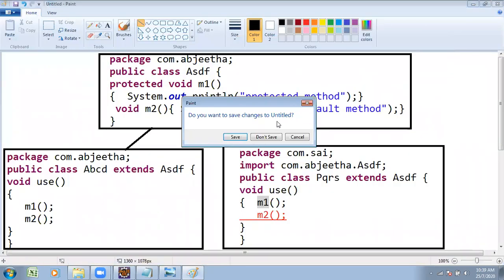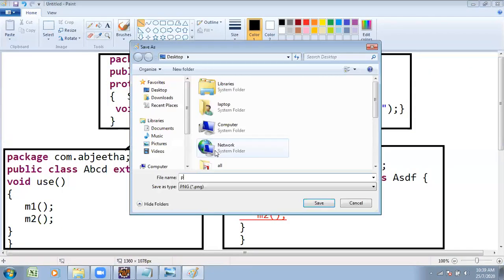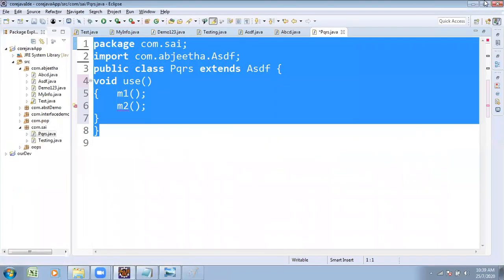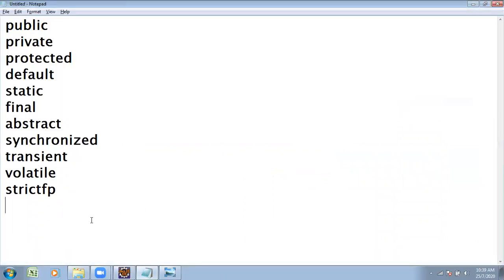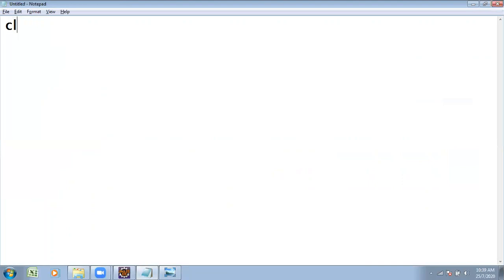Under object orientation, you find protected and default. Till now we discussed public, private, class, object, several things. We discussed how to create the class and how to access that class with the help of an object. Similarly, we discussed inheritance, getting superclass properties to the subclass by using the extends keyword. Yesterday's session we discussed abstraction.